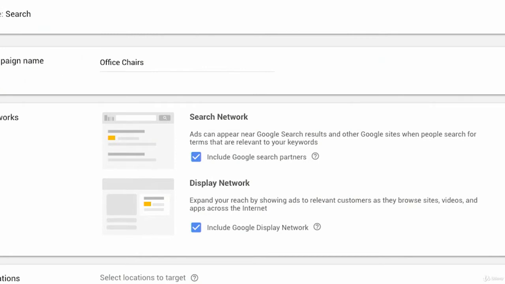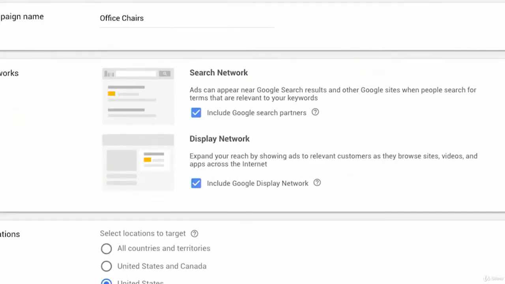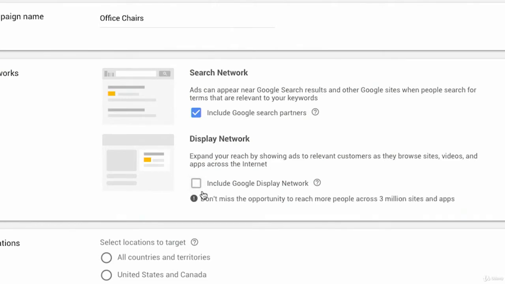The next option we have is to choose networks, search network or display network, and by default, and again, this is one of the things that Google does by default to get you to spend more money. The first thing you want to do is deselect display network. If you keep display network selected, this is what used to be referred to, for some of you who are not new to Google Ads,